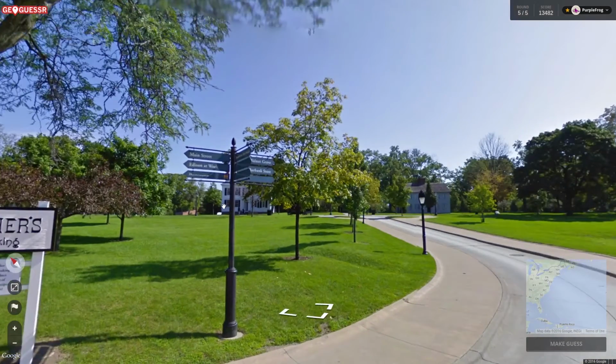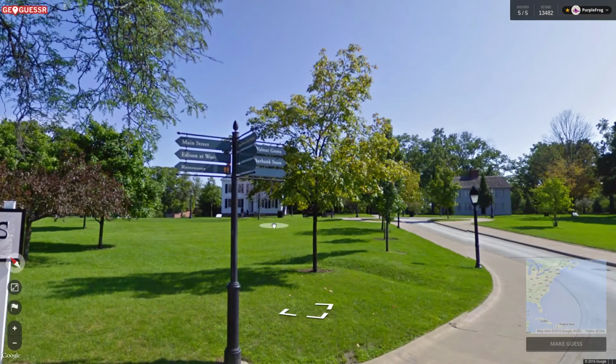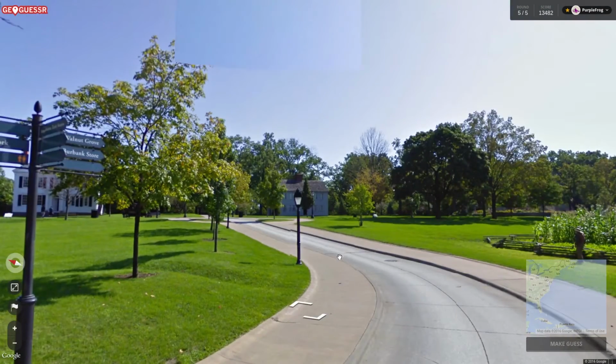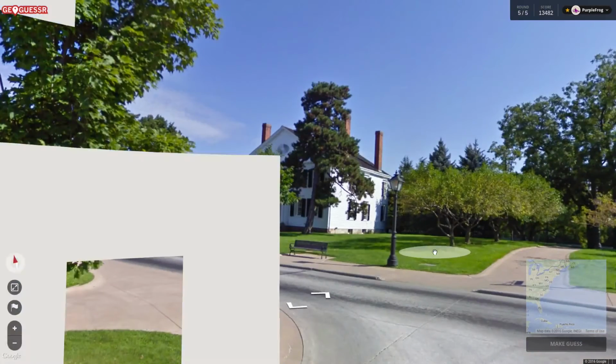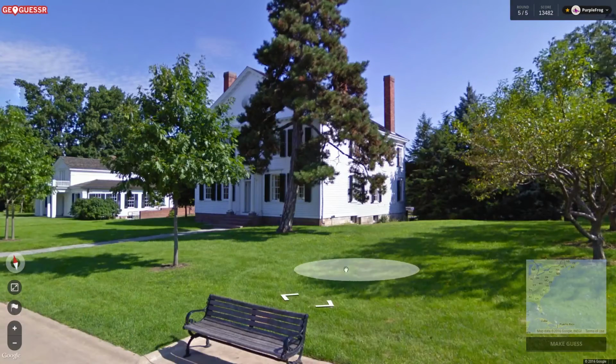Main Street, Edison at Work, restaurants, Walnut Grove, Burbank Store. Burbank Store, that doesn't seem right. This could be... it's a bunch of different old houses in different styles. So it's not like going to be your...